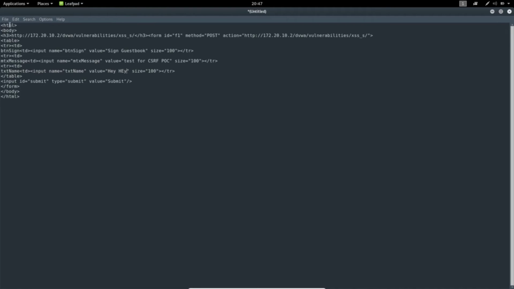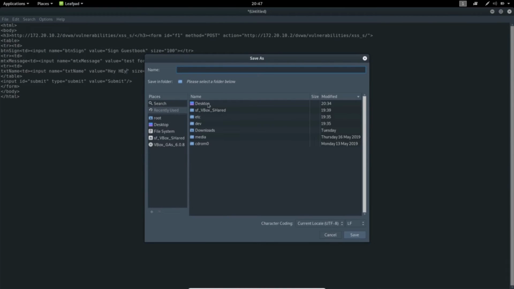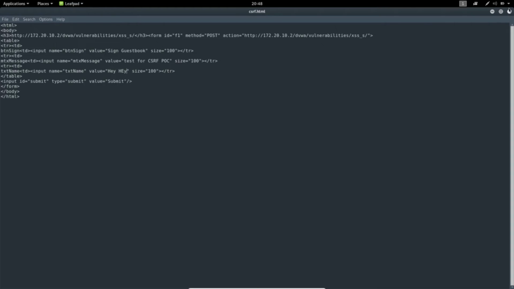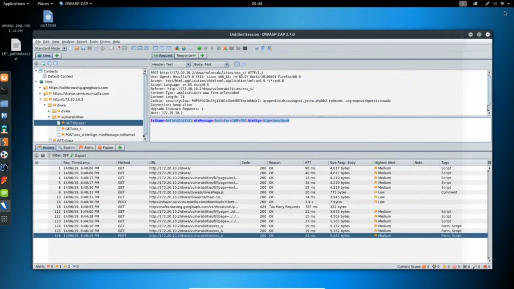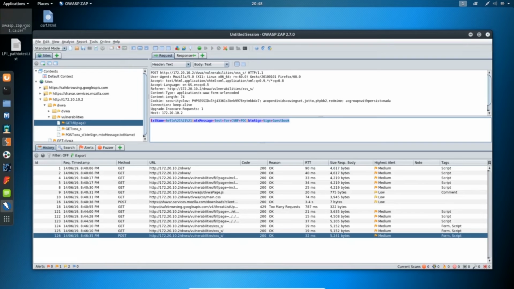Okay, and you can save this form as a POC for CSRF. I'll be saving it on desktop. Let me give it the name csrf.html. So this is similar to how we are generating CSRF code inside Burp Suite, and then we copy the HTML code. So here is the code, and you can simply double click on it and it will get